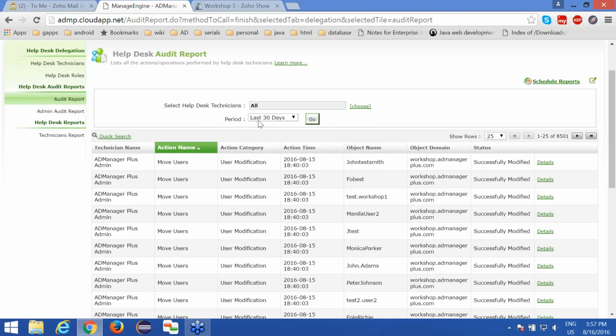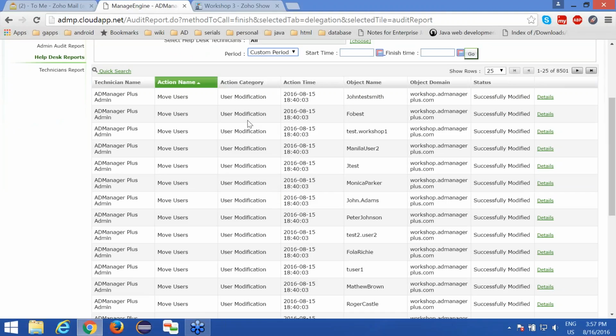So you can just generate this report for a specific period, say for last 24 hours or for last 30 days, or even you can specify a custom period. So with this report, you can just go and see what operation has been done. It can be move user, or create user, or reset password, and anything, and then at what time this operation was done and on what object, and also you can